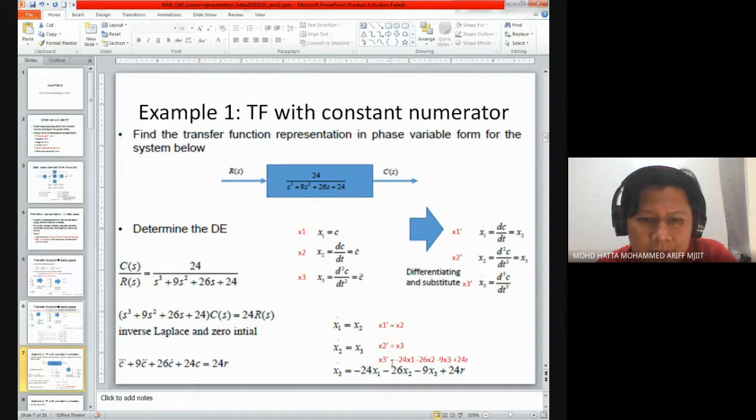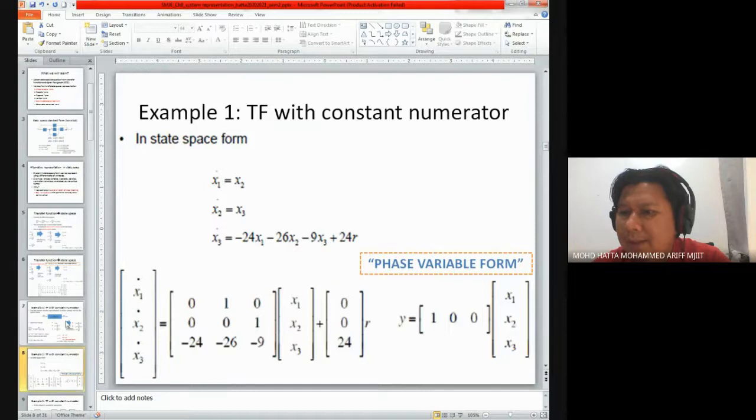And we know that this x3 dot equals negative 24 x1 minus 26 x2 minus 9 x3 plus 34r. So basically, we rearrange this equation to get our x3 dot, or the c triple dot. All right. And with that definition, you see here we simplify what we had previously. So with these three differential equations, it is easier for us to set up, or to construct, our state